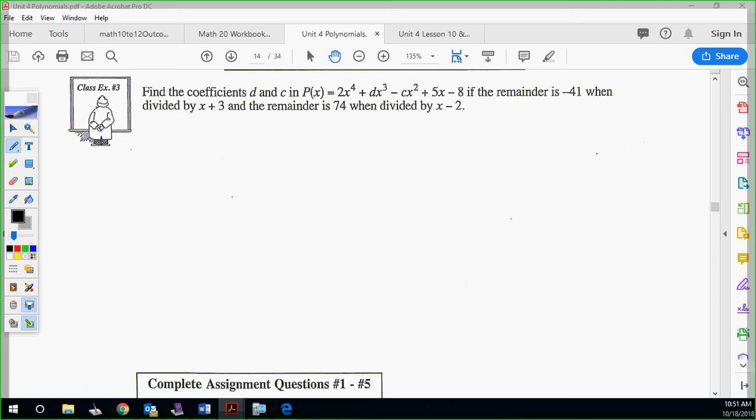Let's see. Find the coefficients. Okay, divided. So in this case, we can just go ahead and go straight to the remainder theorem. That's the point of the lesson. So I'm going to put in p of negative 3, okay? And I'm putting that into for x. So that gives me 2 times negative 3 to the 4th plus d times negative 3 cubed minus c times negative 3 squared plus 5 times